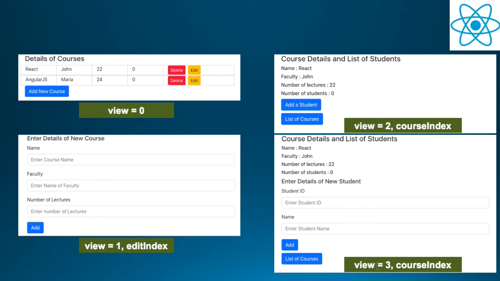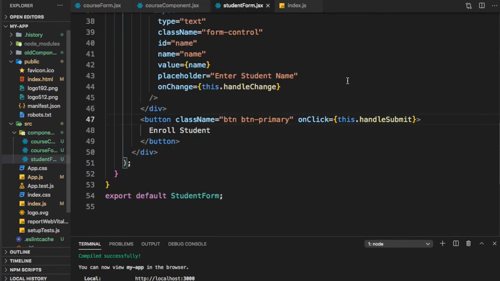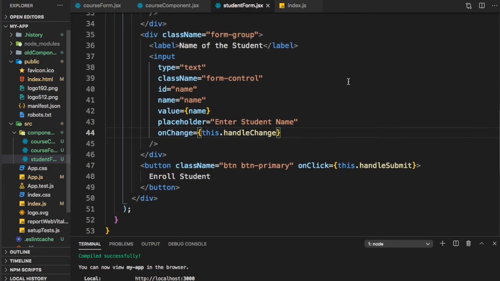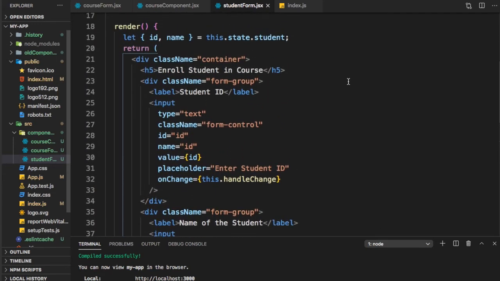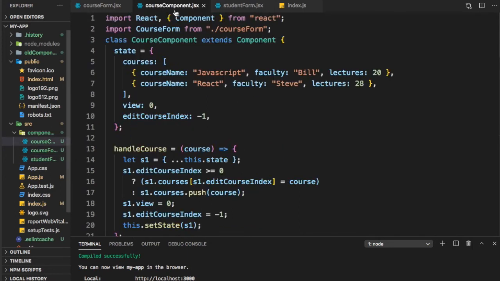So let's go ahead and do it. And in any other exercise, when you are doing it, just structure these views in this fashion. It will help you organize your code and think it through. So let us start making these changes. So the first thing we have created is a form very similar to the others and called it student form. And this has the two fields, student ID and name of the student. Once we have created this form, let's go ahead and see how do we integrate it into the whole exercise.